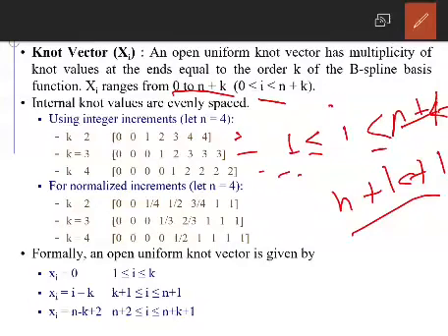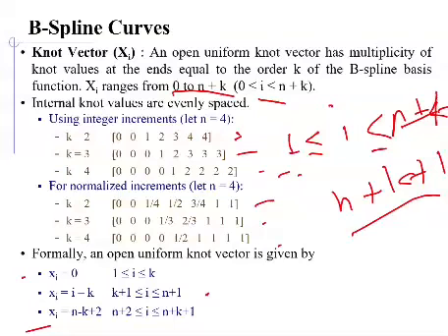So how to calculate that? We are going to see it with an example. Suppose we consider it with the fraction. So in this way, these are evenly spaced. Now while calculating this uniform knot vector, there are 3 cases. Xi is equal to 0 if i is less than k. Xi is equal to i minus k if i is greater than k plus 1 and less than or equal to n plus 1. And xi is equal to n minus k plus 2 if i is greater than n plus 2 and less than or equal to n minus k plus 1. So using these 3 conditions, we can calculate the value of these knot vectors xi.